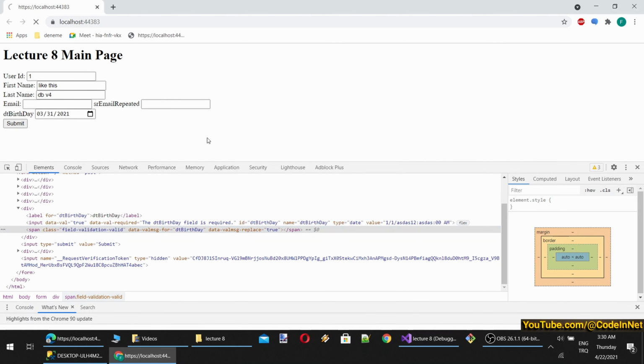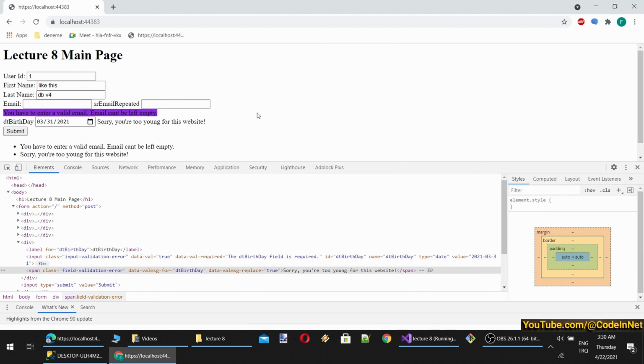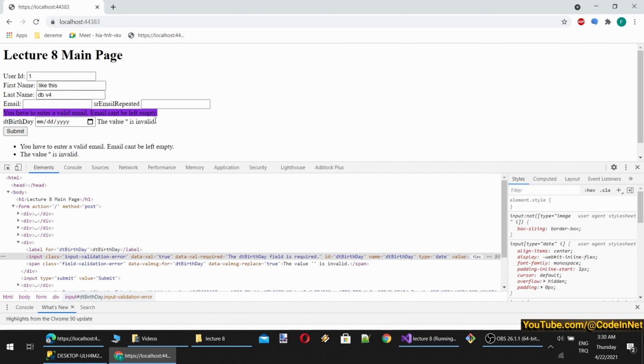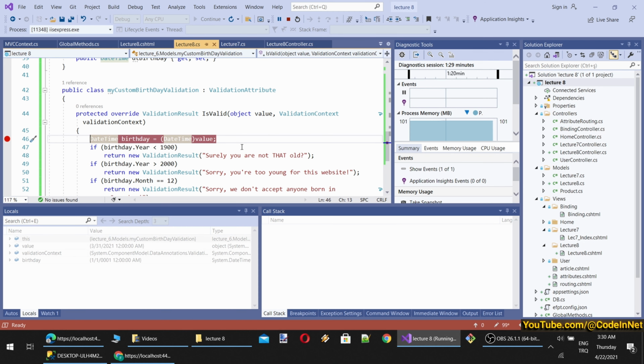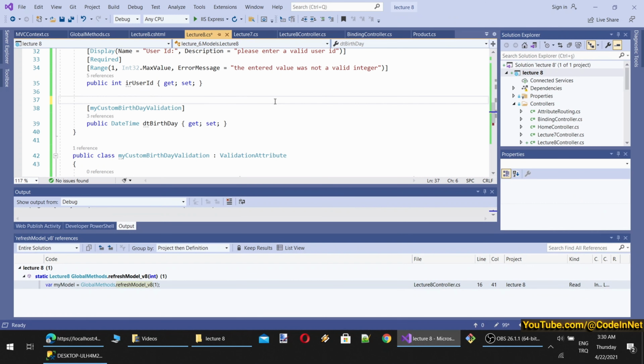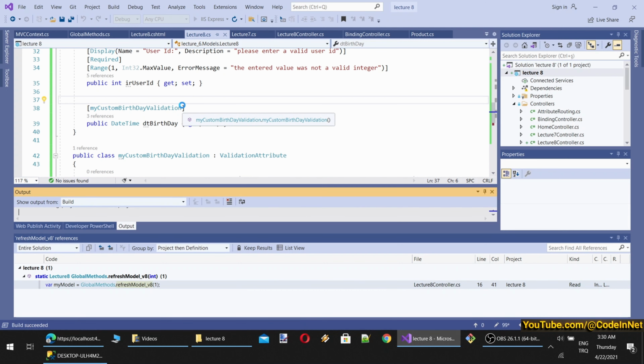Yeah, let's try submit and see what happens. Okay, it has come to here, the value. Oh, it didn't send the value that we modified. Interesting. Why? I want to change the value here and send. Oh, now the value is invalid. Okay. So you see, it is verifying the value. Therefore, we didn't get into this. Why? Because we are verifying whether the value is datetime or not in here. However, if I remove this, when I enter an invalid value, I should get into my method. Let's see. So it provides an extra layer of security.